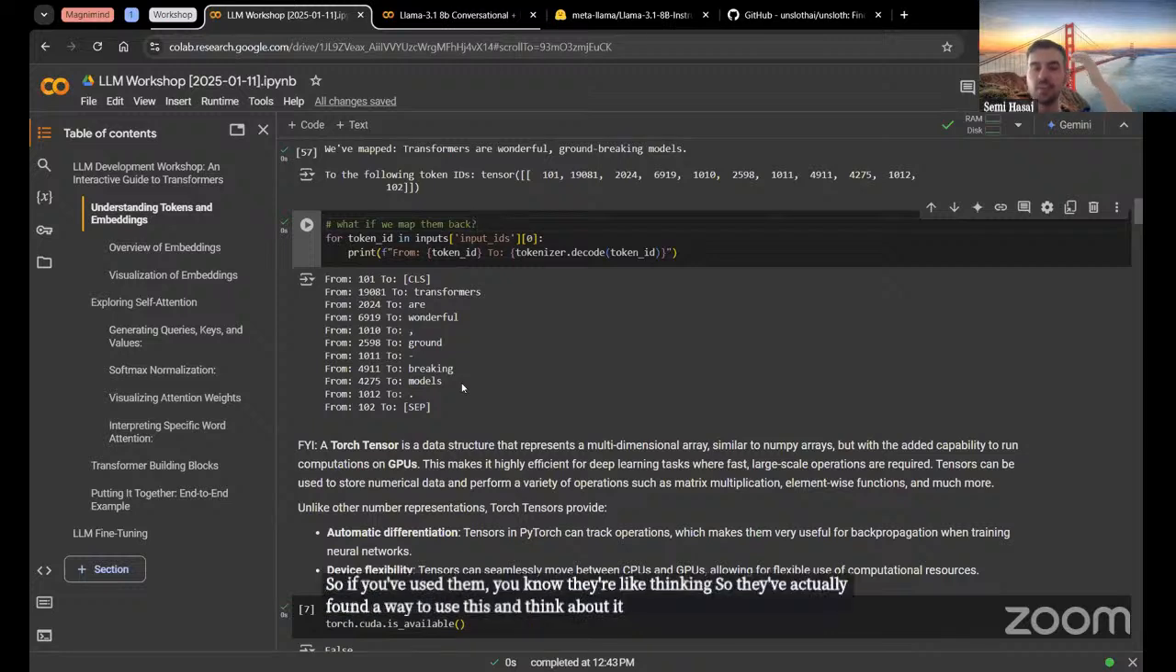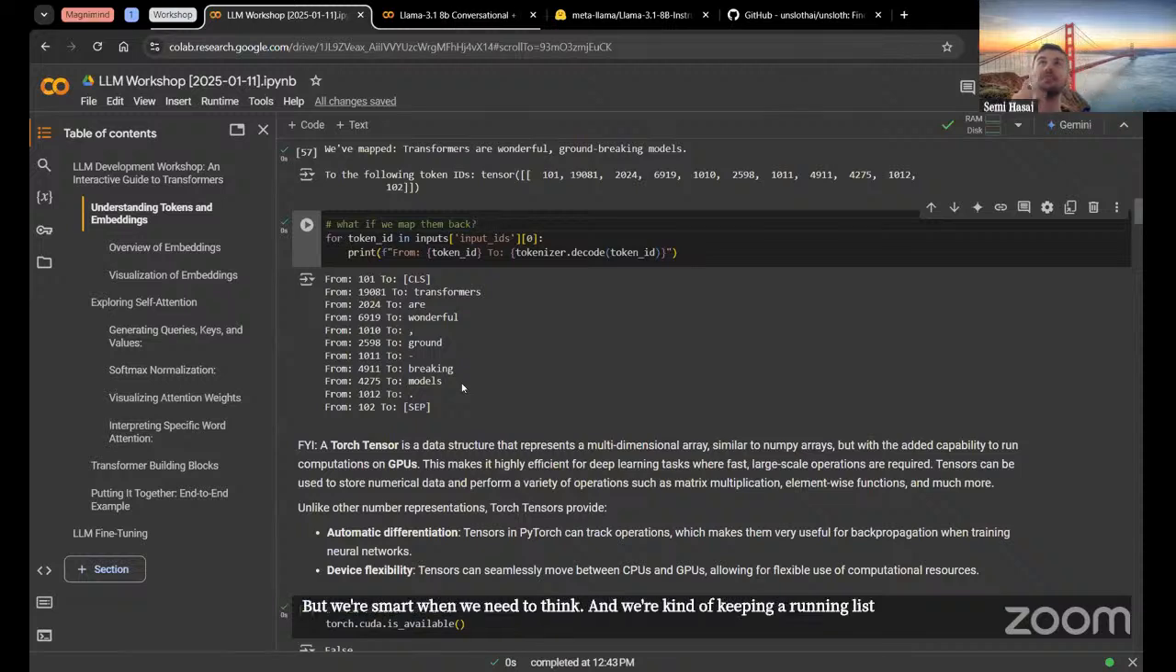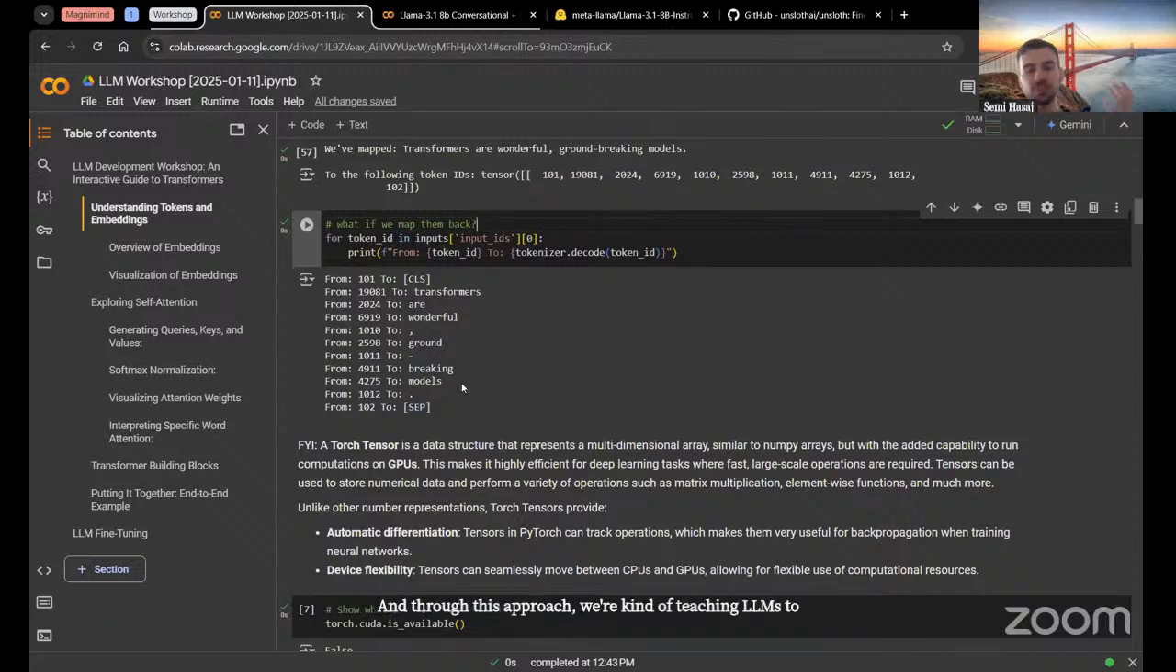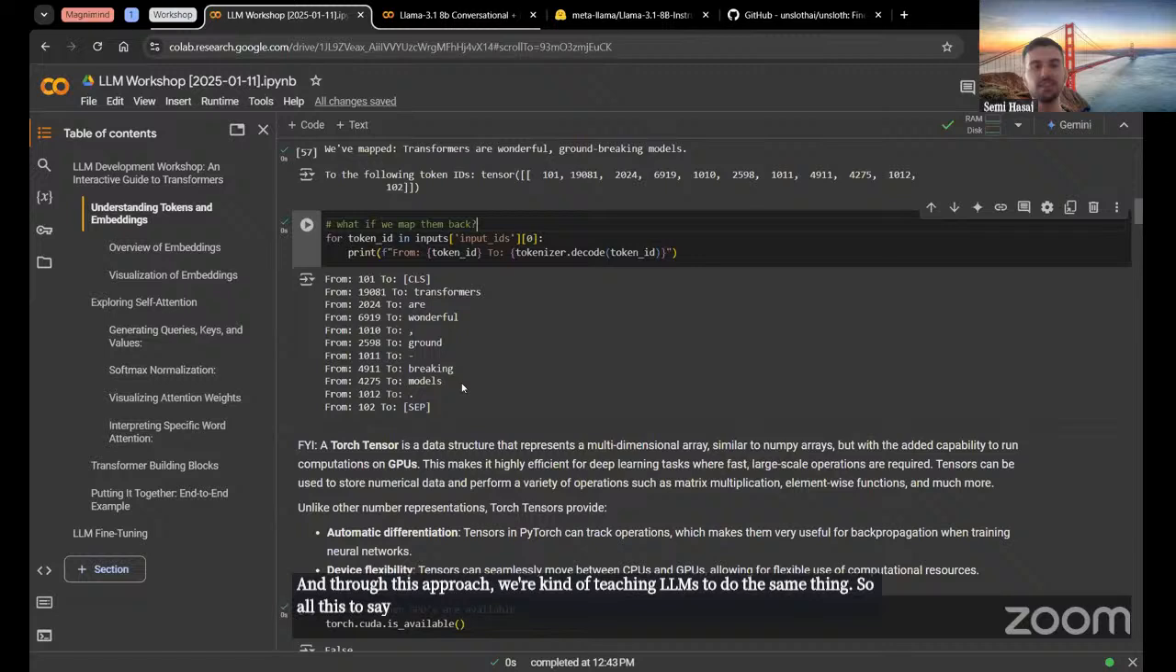At the end of the day, what are we doing? We're generating ideas and words that come next, but we're smart when we need to think, and we keep a running list of thoughts, evaluating, oh, was that the right chain of thought? No, I actually need to take this approach. We're teaching LLMs to do the same thing. So all this to say, it's really interesting that LLMs as we know them now are